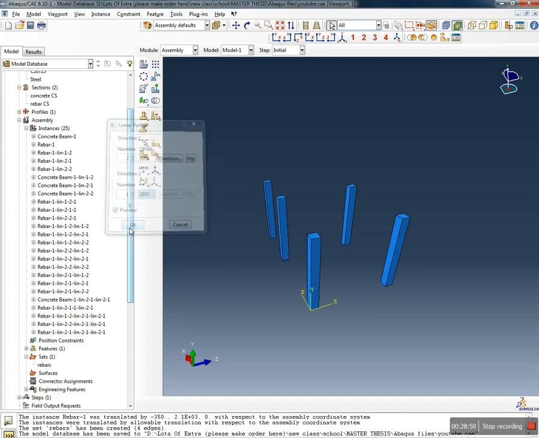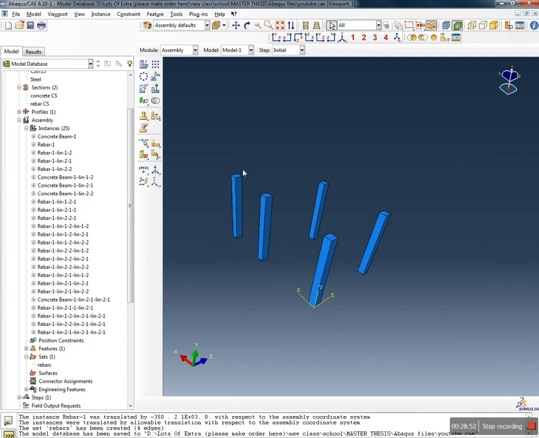Okay, we just want to keep this here for the moment because this will be rotated 90 degrees, done,